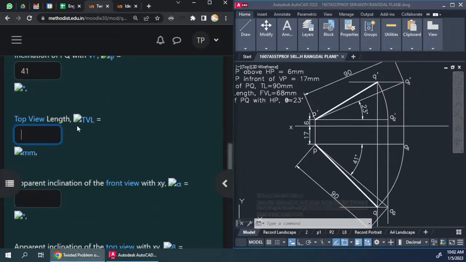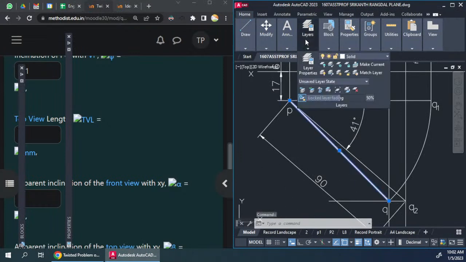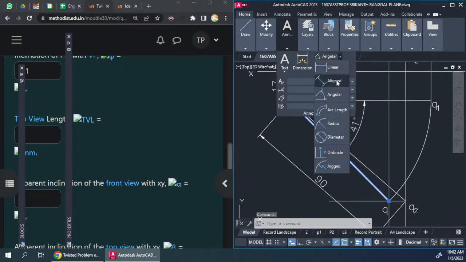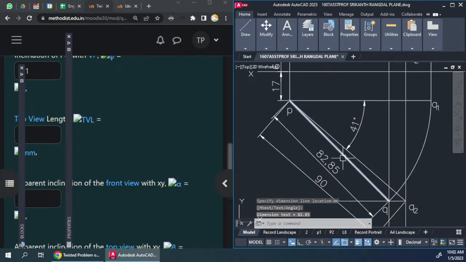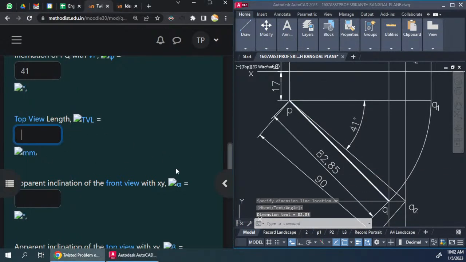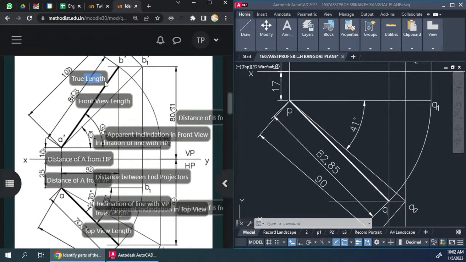Then top view length. Top view length is the length of this dark line over here. So let's take that aligned length over here. So this length is the top view length, 82.85. So you see that is the reason why you're supposed to be able to solve this particular question, right? And that's why I've given the marker, drop marker type question here, so that you can become familiar with